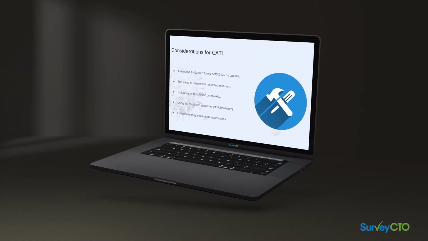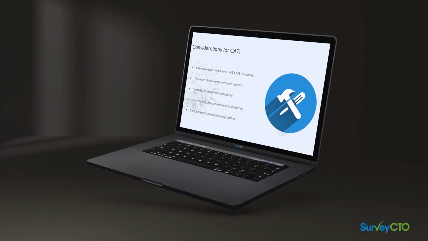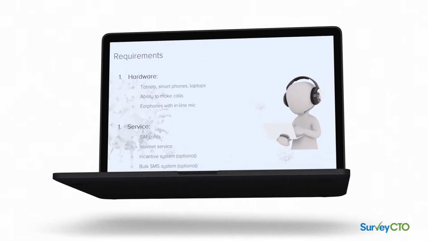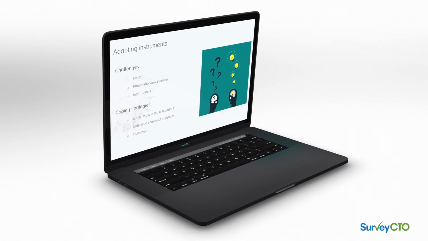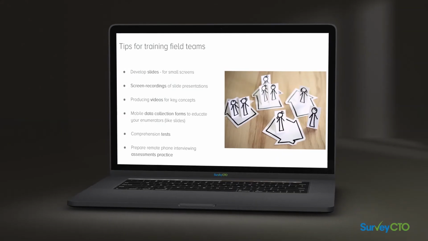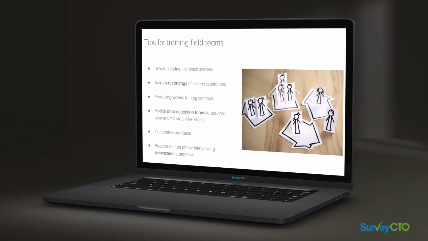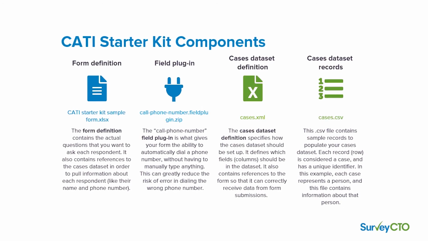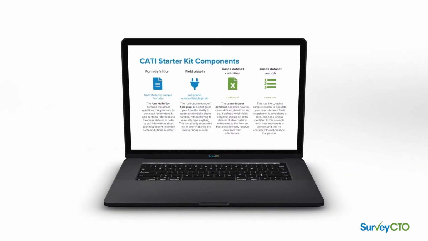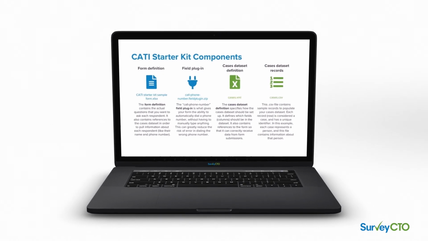covers things such as project considerations, hardware and service requirements, adapting survey instruments, and even tips on how to train field staff. In addition to guidance on project setup, the kit also includes 4 components needed to conduct phone interviews, such as